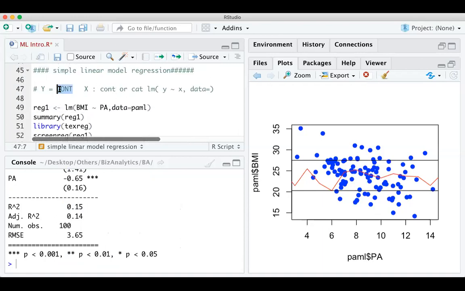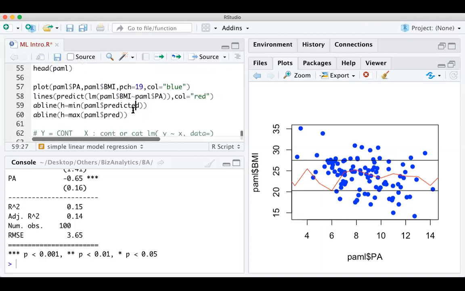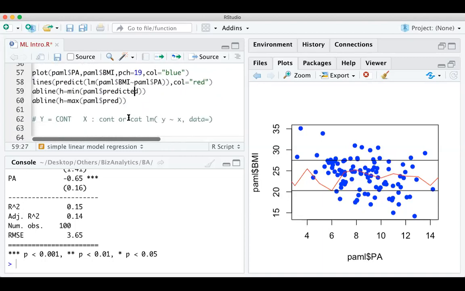Now, in this regression, what we have seen here is one condition: Y is continuous, X is categorical or continuous, right? But we used continuous here. Assume that X is categorical, how would it look? So let us do the same thing here. I'll do a regression and see how the model looks, whether with a continuous or categorical variable. In this case, my X I'm taking is categorical, right?